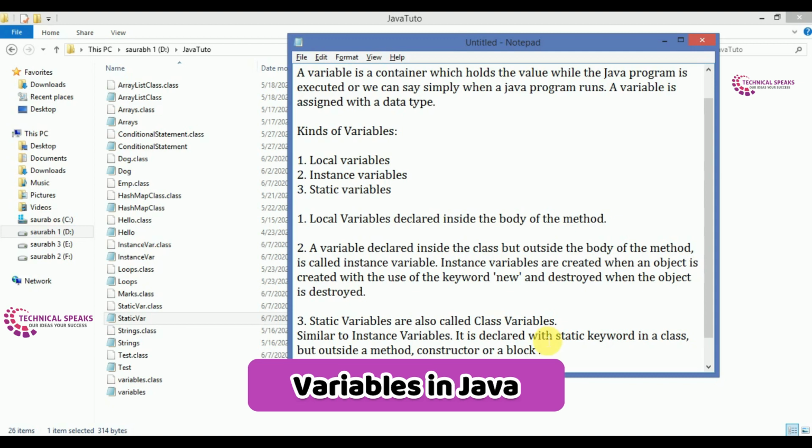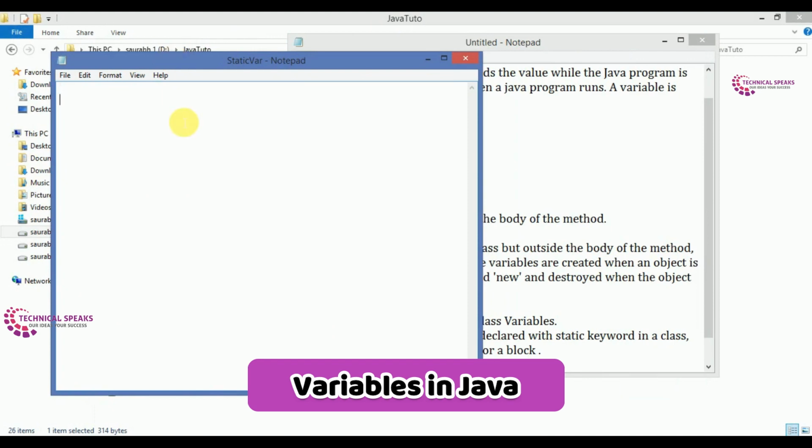Now let's try to understand this with the program. So just create a Java file, and here we just create a class named as imp, shortcut of employee, and under the class we just create static variables like public static double salary, and another one, suppose we have public static string name.